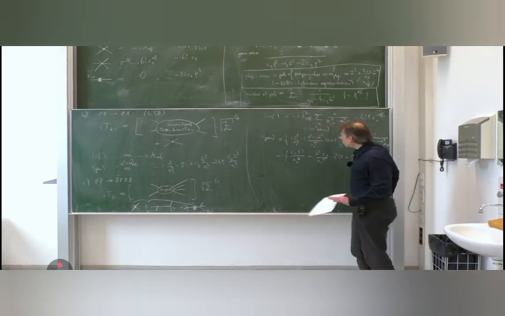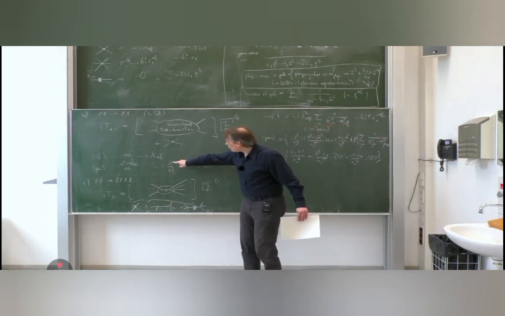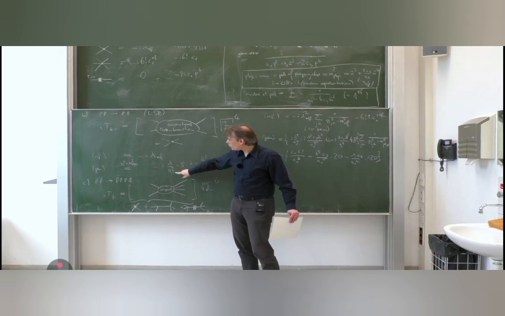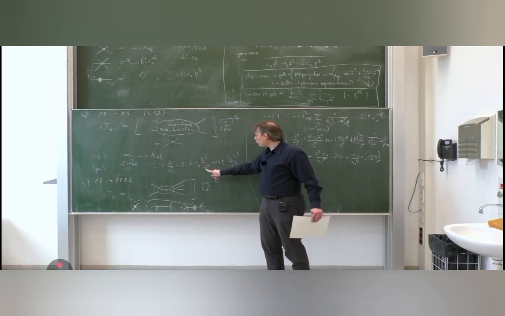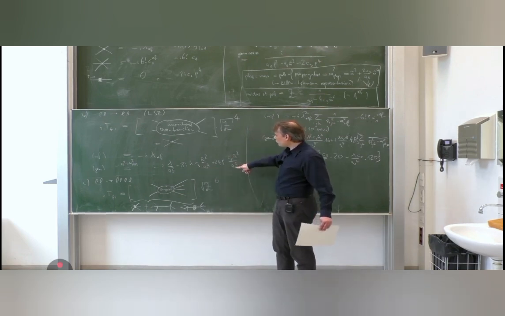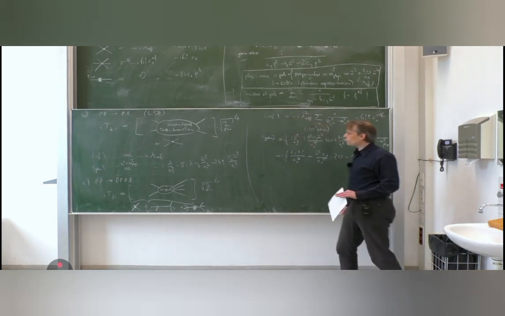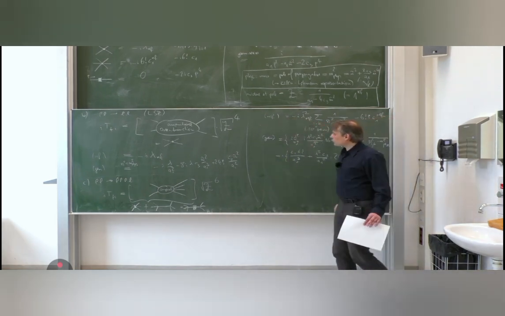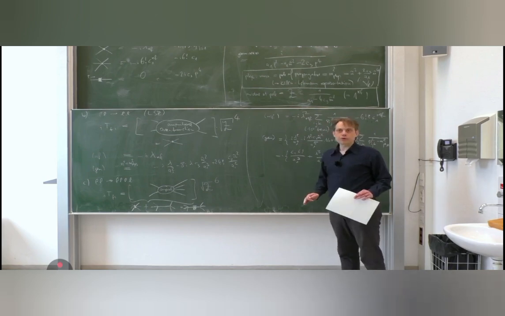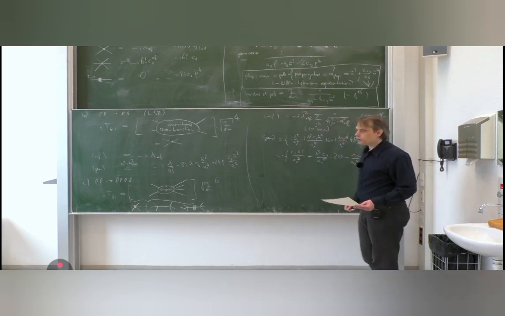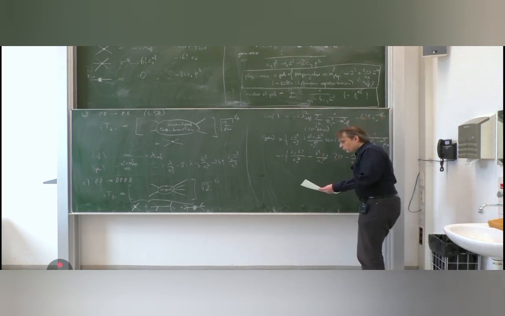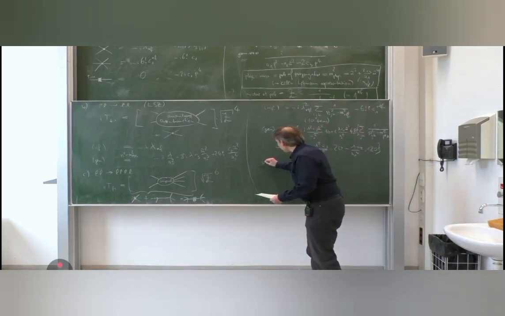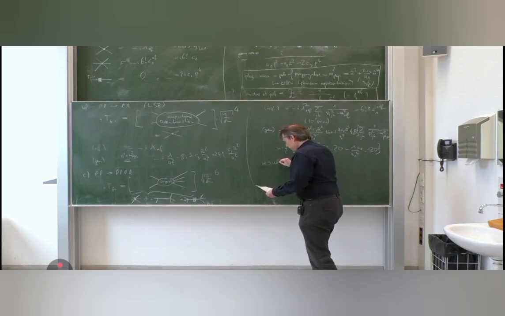So as a simple observation, for example, lambda always appears in this combination, lambda over A1 square. C3 always appears in this combination, C3 over A1. C2 similarly always appears in this combination, C2 over A1 square. So the parameters do not appear in arbitrary combinations but only in specific combinations, and that is how you see that some combinations of them are actually redundant and are not important to describe physics. So to sum it up, the result is